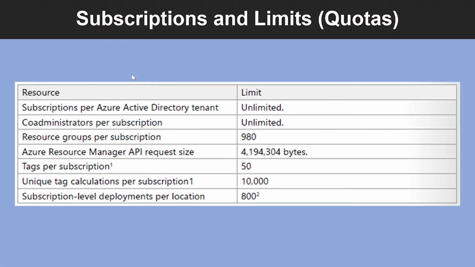Now let us look into Azure subscription and service limits. If you want to raise the limit or quota above the default limit, you need to open an online customer support request, and that activity doesn't cost you anything. The Microsoft support team will increase the limit or quota for you. Some limits are managed at a regional level. These are some of the following limits when you use Azure Resource Manager and Azure resource groups.